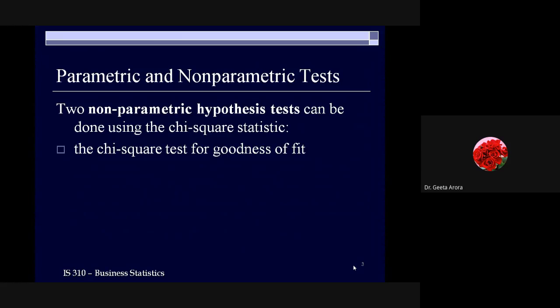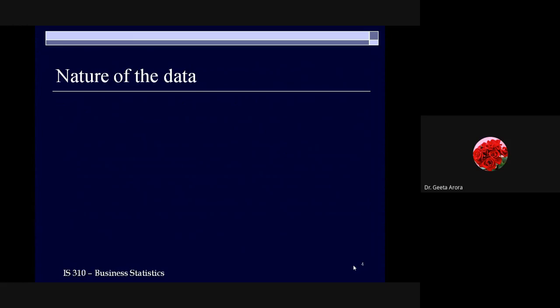Now regarding the chi-square test, there are two types of tests that fall under the category of chi-square. One of them is chi-square test for goodness of fit, and the second one is chi-square test for independence. In our course we are going to learn only one, which is the test for independence, meaning we are looking at whether two things are independent or depending upon each other. Okay? And let's see how to explore it, and which type of data is required for that.